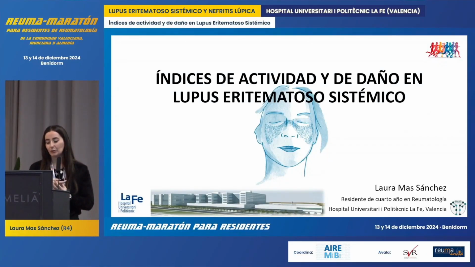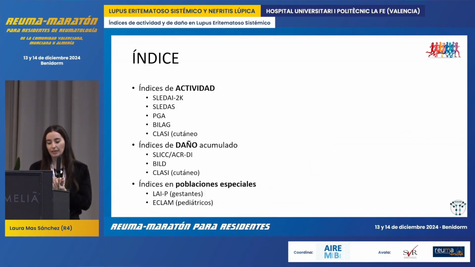As the second part, the main activity and damage indices of lupus. This is what we're going to try to review now in a somewhat subtle way. The activity and damage indices are the ones selected here, as I mentioned. A couple of special populations include the AIT in pregnant women or the ACLAM in the pediatric population, but I